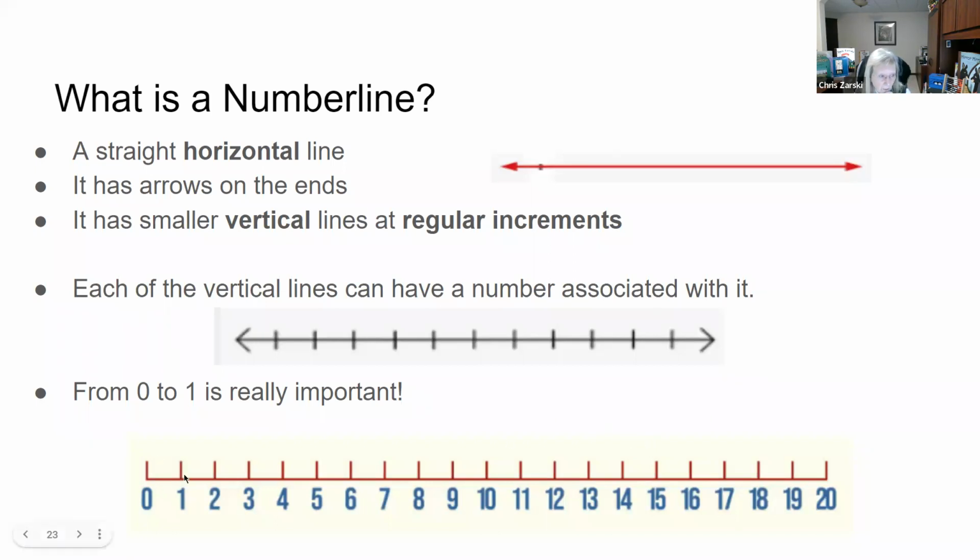But also, this is how I learned to count. And if you wanted me to skip count by 2s, I could go like this, I can go like this, I can show the hops.